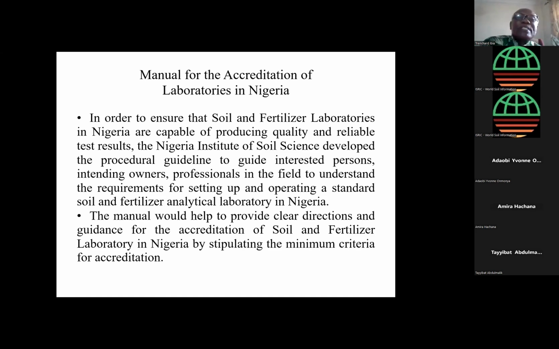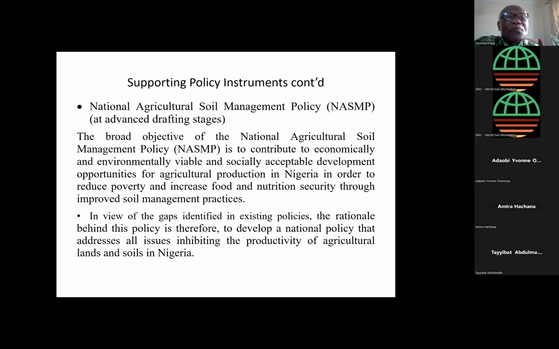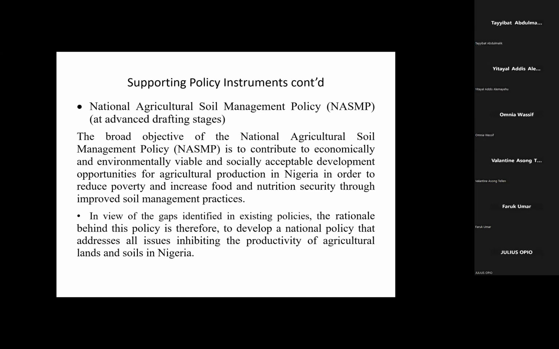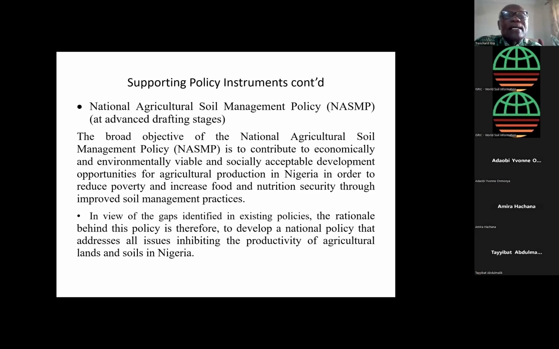The first supporting policy document or instrument is a document that is being, next slide, please. Okay, yes, this slide. A document that is at advanced stages now. There is the National Agricultural Soil Management Policy. And the broad objective of this document, which I said is at the advanced stages of drafting, the objective is